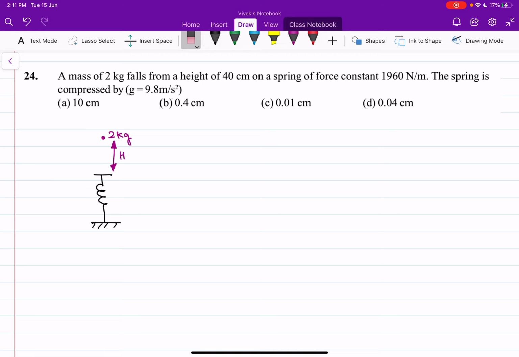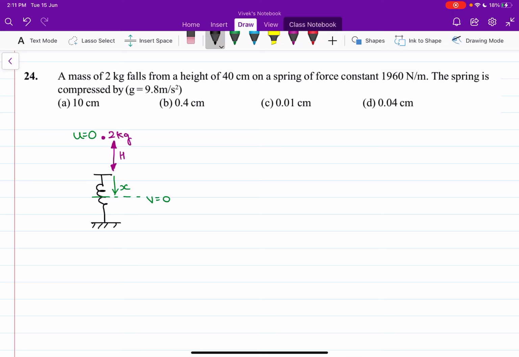So what I need to do is, I need to assume that the spring gets compressed by x amount, and finally the speed would be zero, and initially also the speed would be zero. So from here to here, the particle has dropped by a height of h plus x. Here the particle has some gravitational potential energy, and coming to this point, it has lost that gravitational potential energy, and all of it is converted into the spring potential energy. Kinetic energy was not there at the start, it is not there at the end as well.